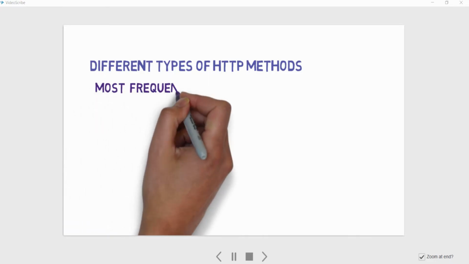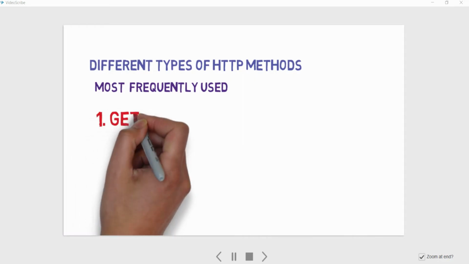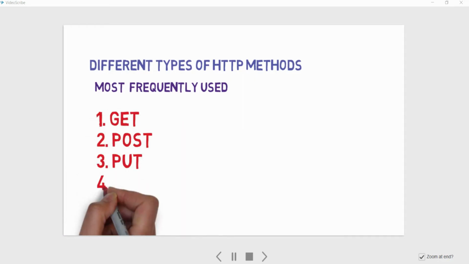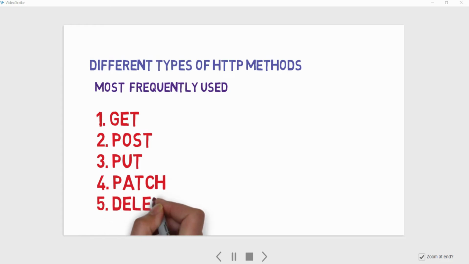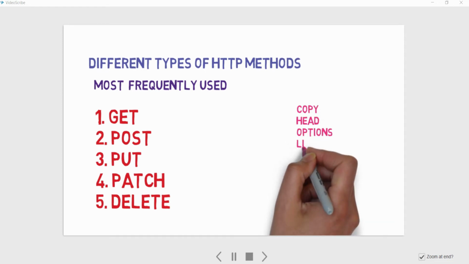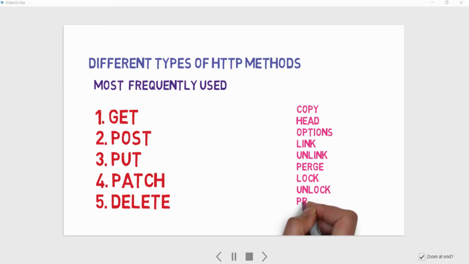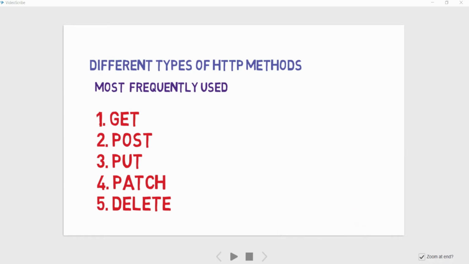I'll talk about some of the most frequently used HTTP methods, and these are the GET request, POST request, PUT request, PATCH and DELETE request. Apart from these, which are the most frequently used, there are also a few HTTP methods which are very less frequently used. Those are copy, head, options, link, unlink, purge, lock, unlock.